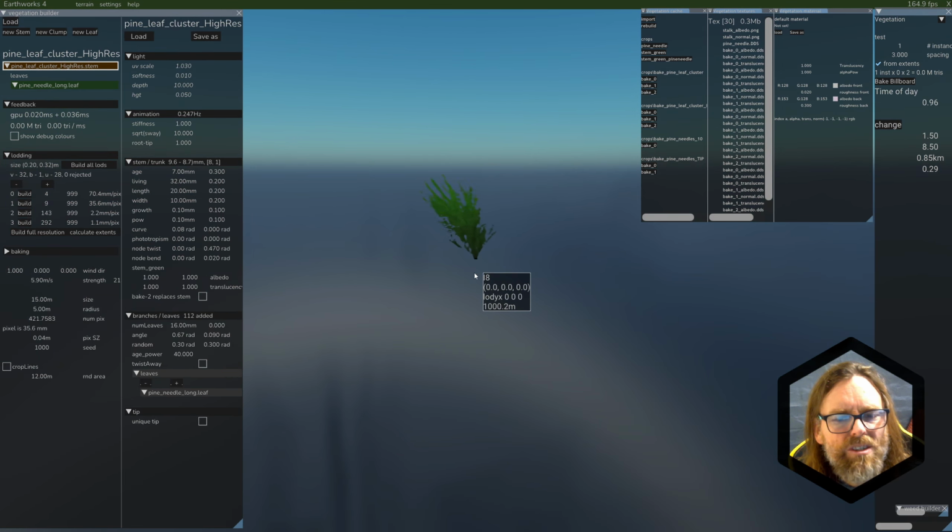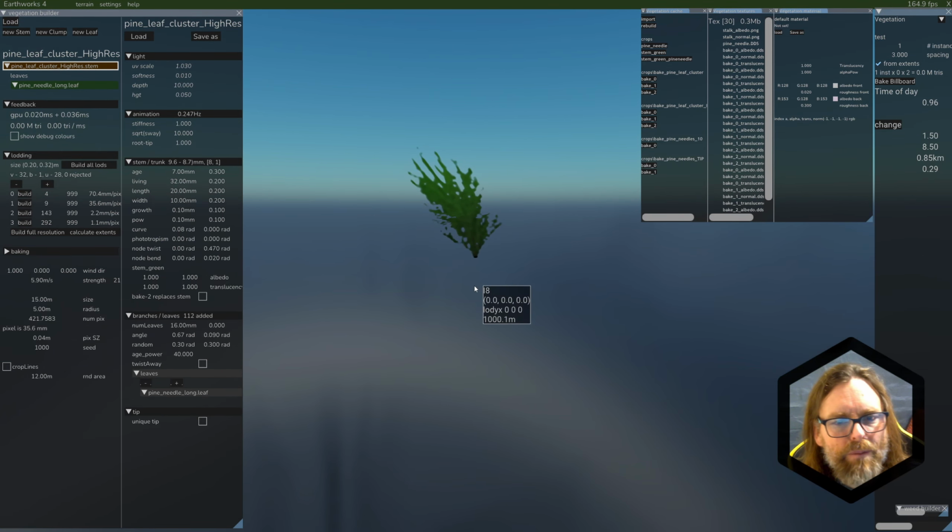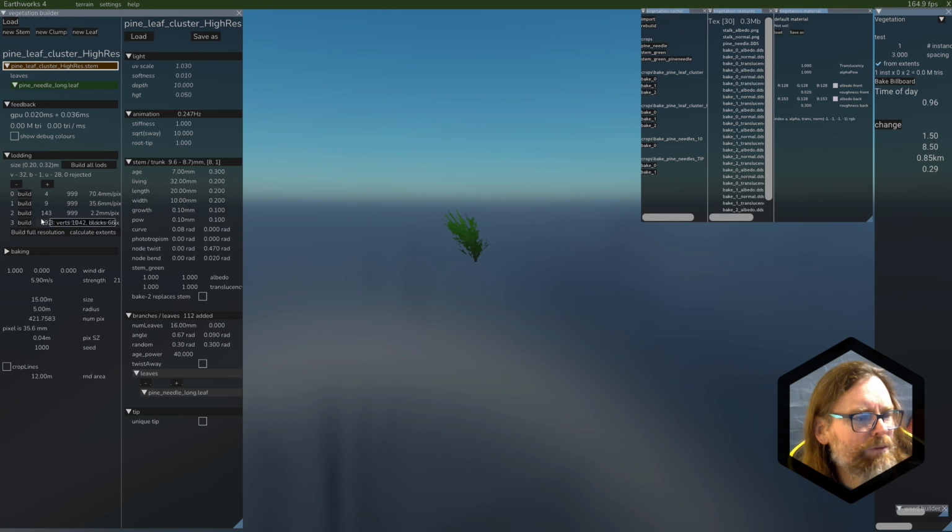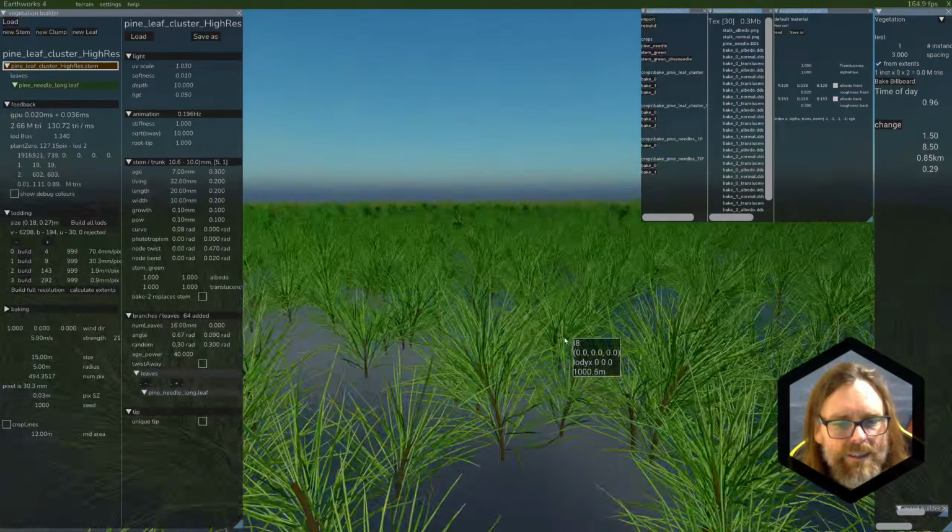Not great, also not the worst. They take up a bit of memory, but the vertex shader at this stage is so quick that it doesn't actually impact performance. But if we now take this and we go build all LODs and we place them in this world,